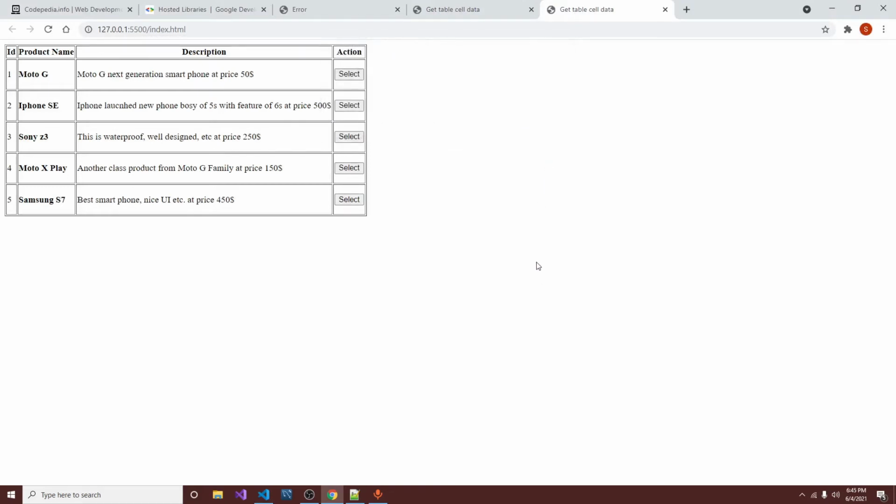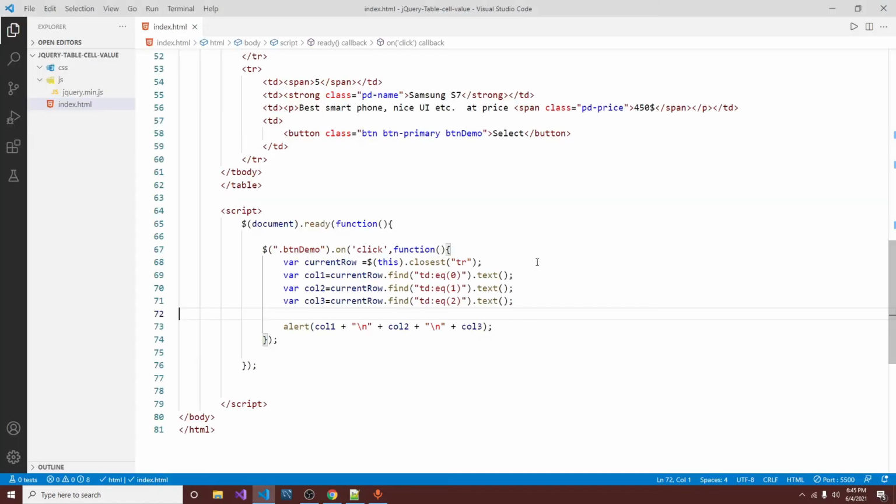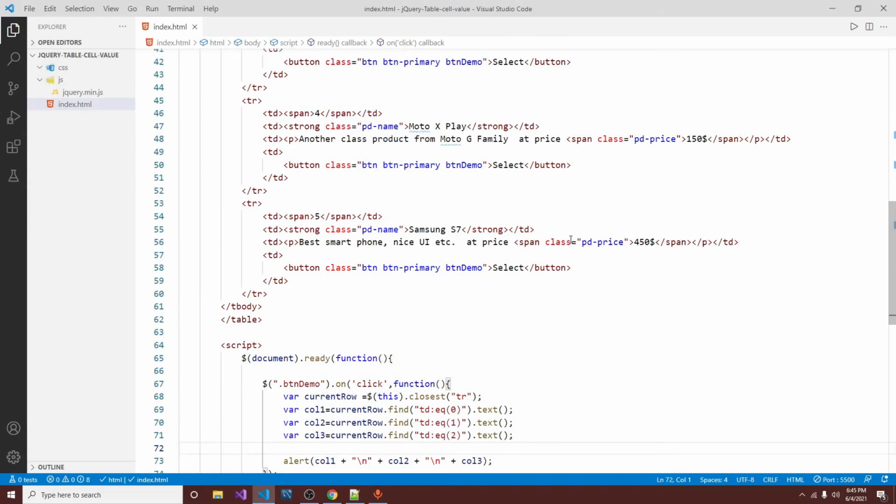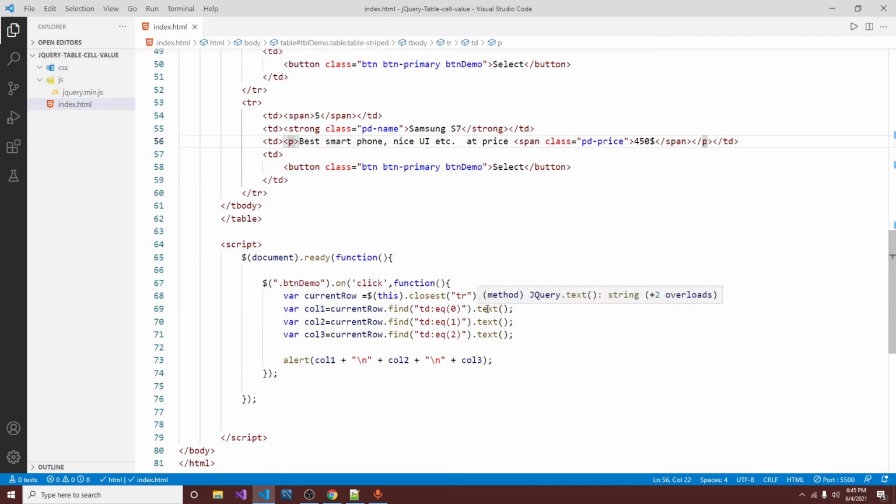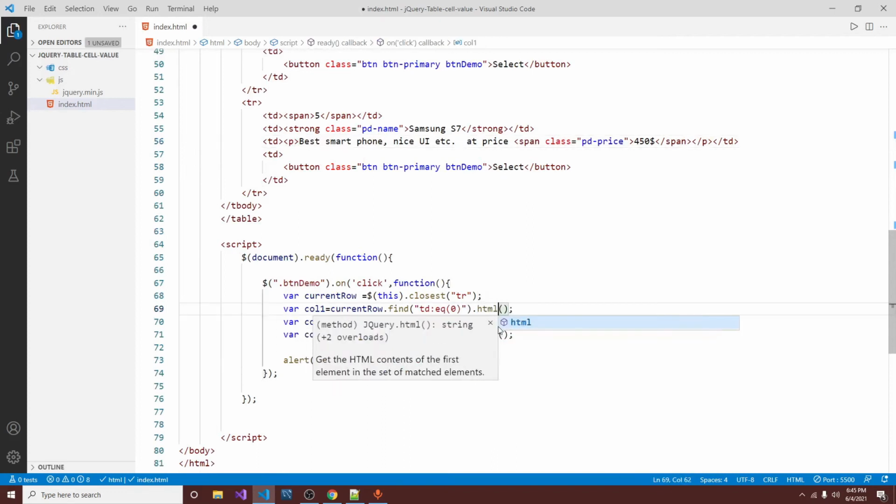Now let us see demo 2. In demo 2, we want to get HTML content. If you have noticed, in our markup, we have span tag and strong tag and p tag. For that, we simply change from text to HTML.